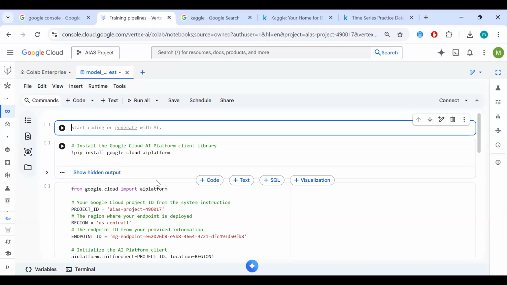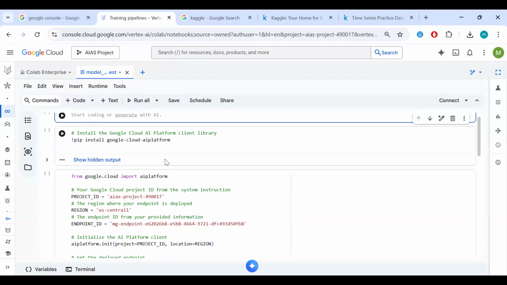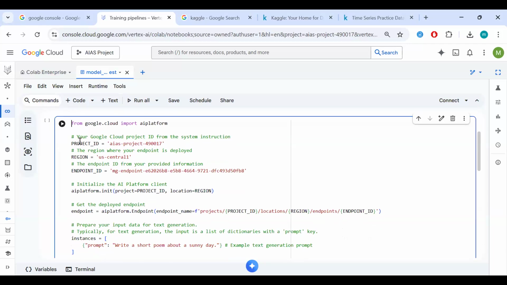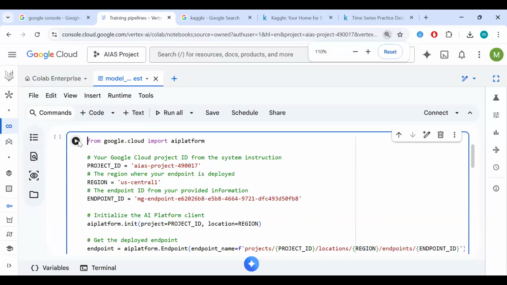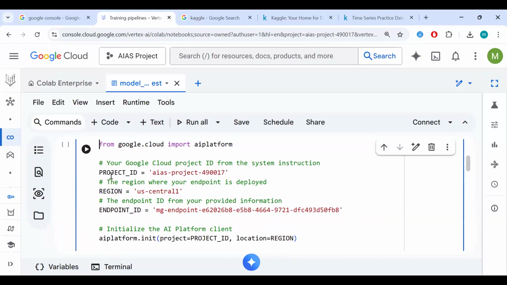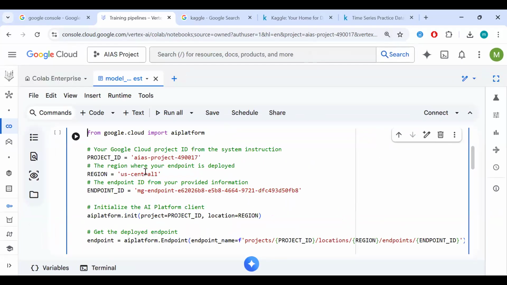When you're trying to interact with your deployed model, this is the script that we'll use. For Python, you have to install your dependencies first. For this one, we need to install the Google Cloud AI Platform, which is Vertex AI's platform. And then we import our dependencies: from google.cloud import aiplatform, and then we determine our project ID. I'm going to zoom this in so we can really see this. We'll set our project ID, and you can find this from the Google Cloud dashboard, where you can see the project information.